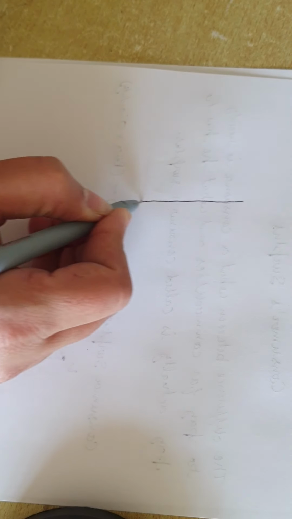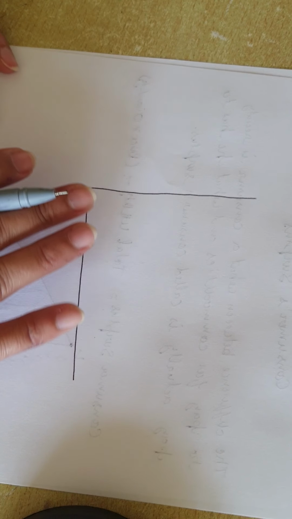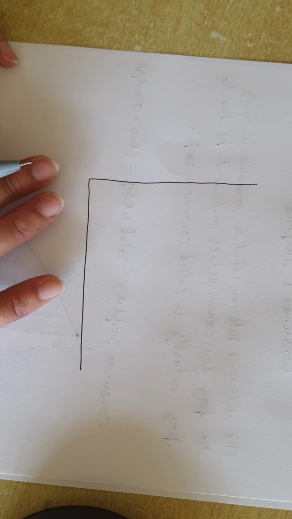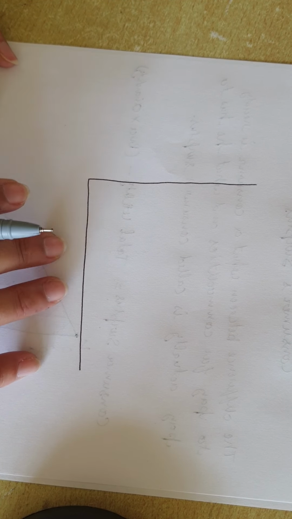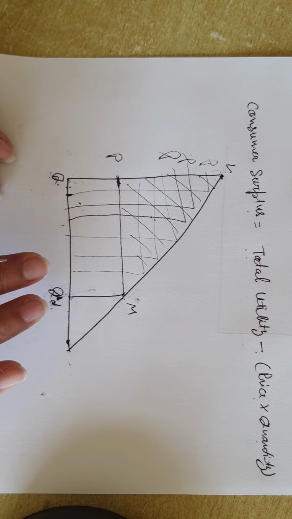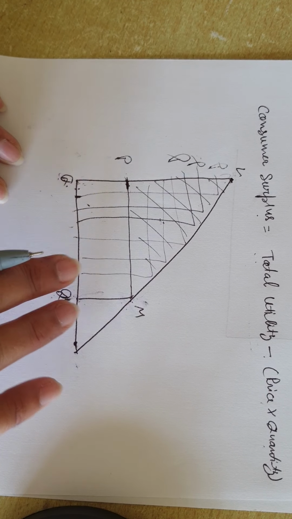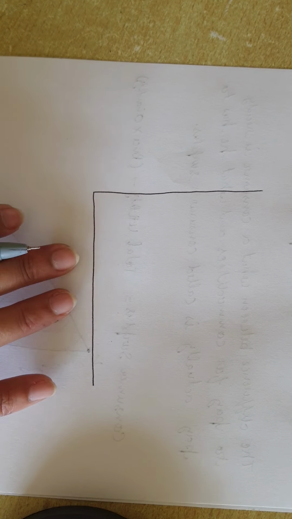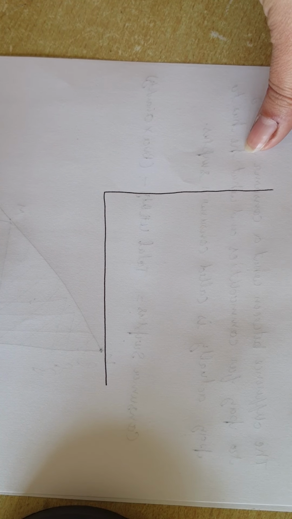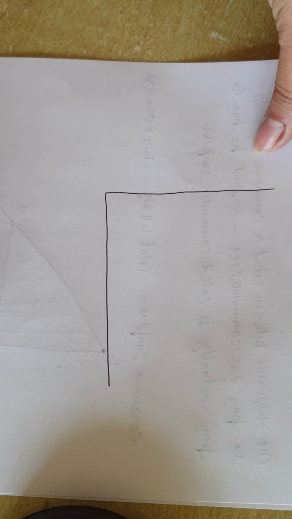How can we do that? In this analysis, it is not given by Marshall. Now this is given by Hicks and Allen. The previous topic which we were talking about, using the demand curve and utility analysis, was given by Marshall, and this analysis is given by Hicks and Allen. So here we will be using an indifference curve and budget line.